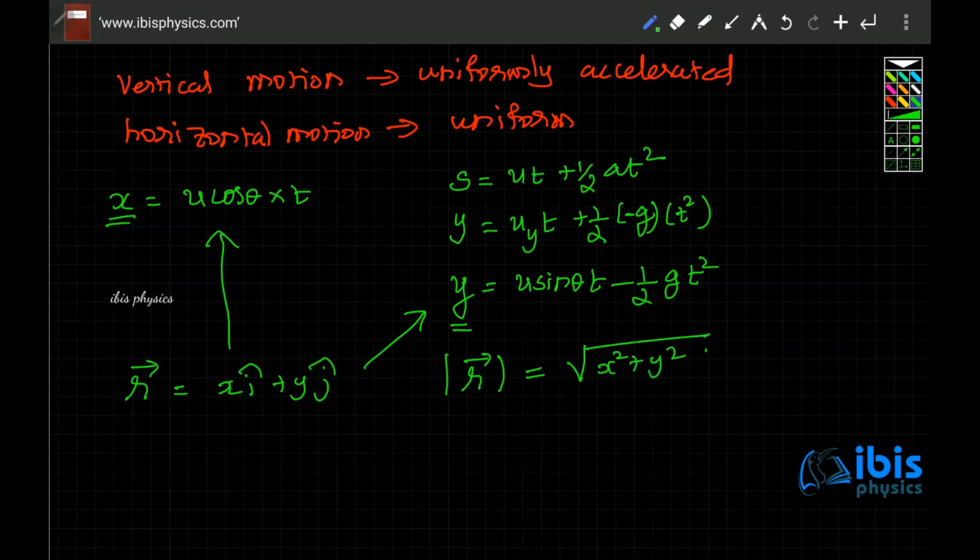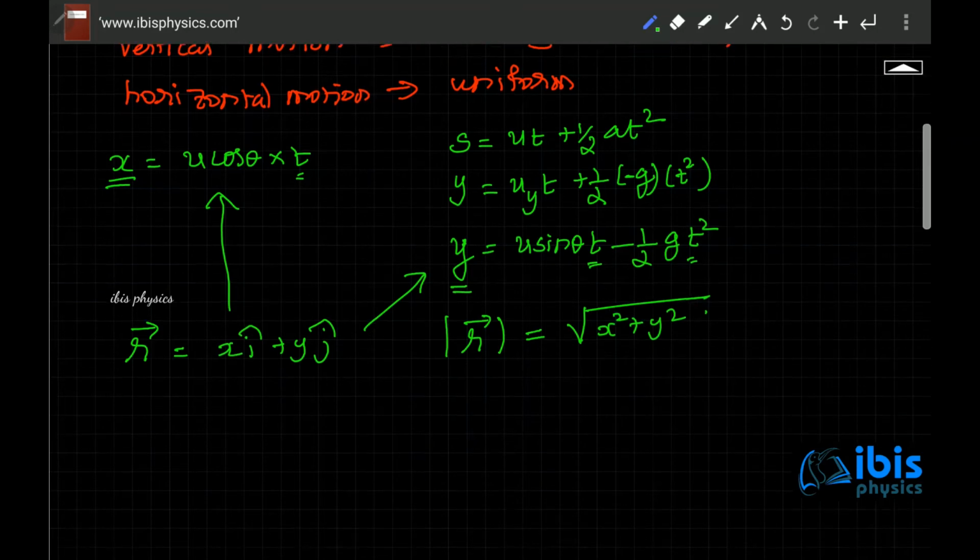But the objective here is that whenever you have a graph and when you draw it, it is customary to write the position y in terms of x, rather than having y separately in terms of t and x separately in terms of t. So we would like to write y in terms of x. That means you have to eliminate t with the help of this equation.